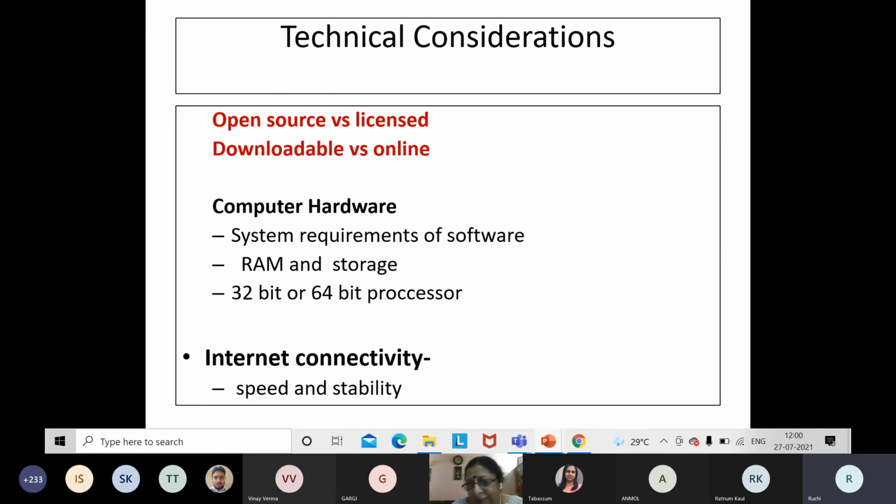You could be doing an analysis, but if your internet connection is not good, even if you think I don't need this software, it is online software, I can use it, you need a very stable and fast internet connectivity. So these are the technical considerations. I am saying it because many of the biology students are not very familiar with these things, but if you have to go in this field, you have to make yourself familiar with some aspects of computers, hardware, not only software, but the hardware also.